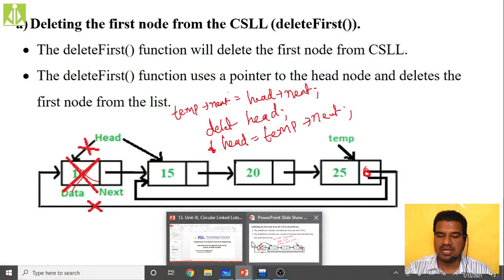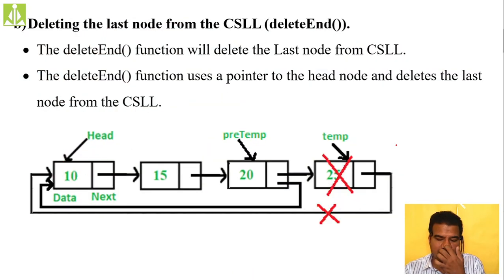So now what I do, I will delete a particular node from the end. It is also very simple. Here we have to run two pointers. One which should point to the last node and one should point to pre-temp. Pre-temp in the sense before the temporary, before the last node. Temporary pointer should point to the last node and pre-temp should point to the previous node of the temporary pointer, the previous node of the last node.